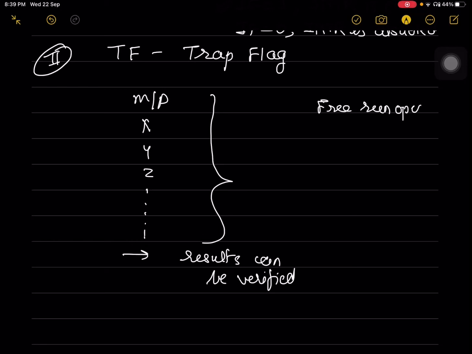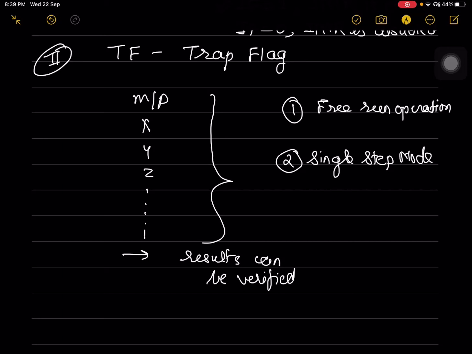So in microprocessor, if the whole program is executed at once, it is called free run operation, where the user can verify results at the end. And there is one more possibility, that the program can be executed in single step mode.